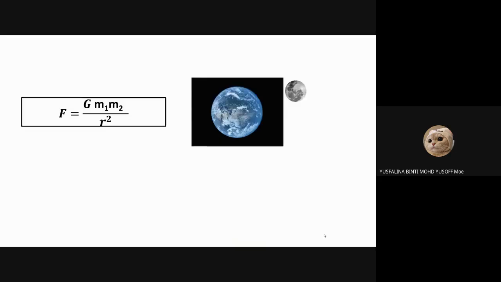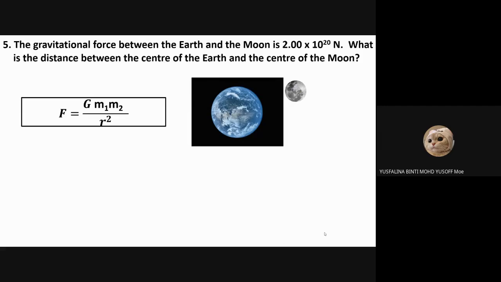Can you try to calculate the distance between the center of the Earth and the center of the Moon? I give you the value of G here, that is 6.67 times 10 power of negative 11. And the mass of the Earth is 5.97 times 10 power of 24. This is for the Earth. And the mass of the Moon,